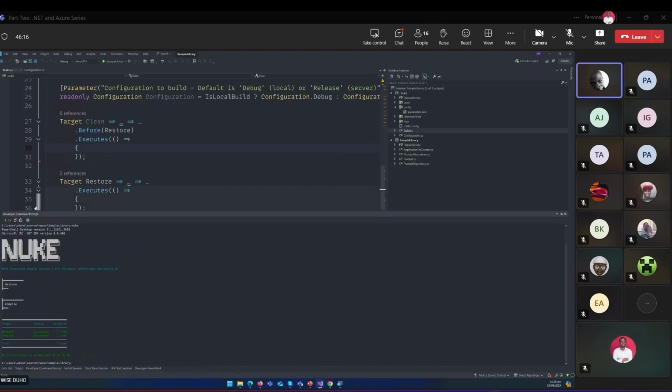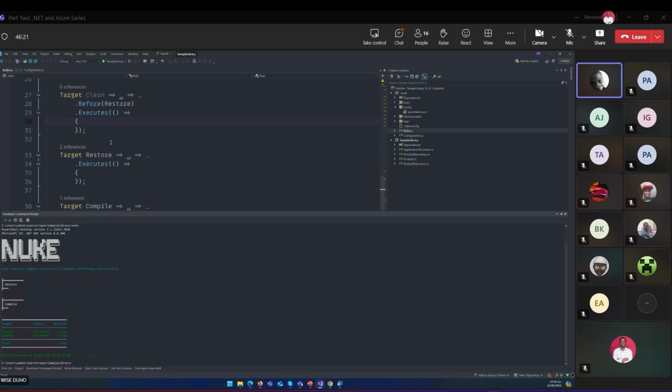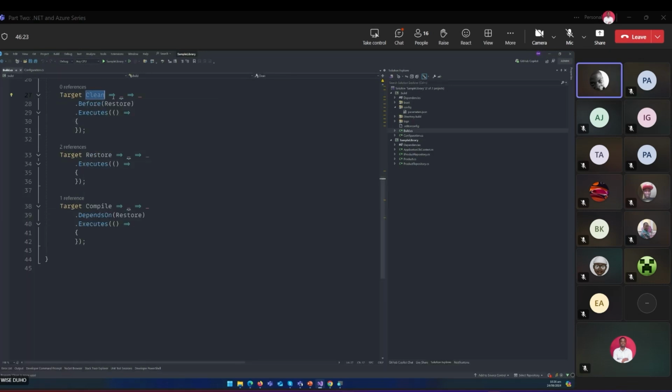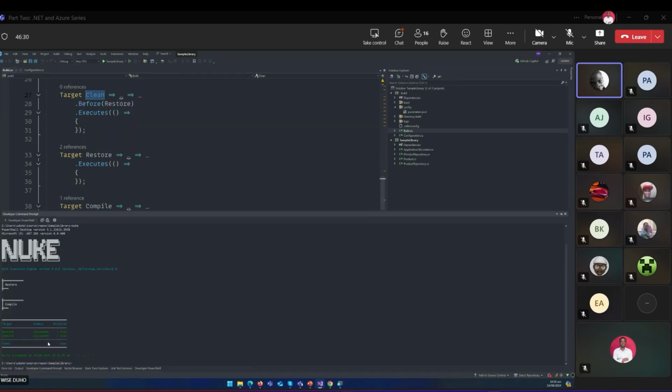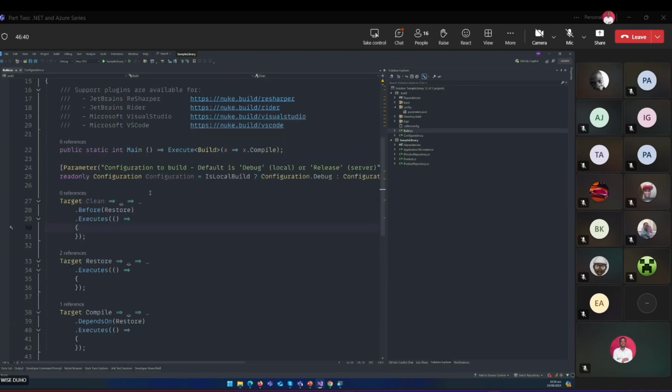Let's get back to normal. So you can see, for some reason, we didn't see clean in the list of things that run. I don't know if you saw that. So let me use that to quickly point to one of the functionalities within Nuke, is that you can actually chain